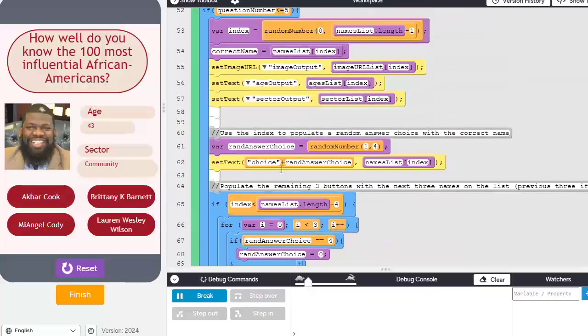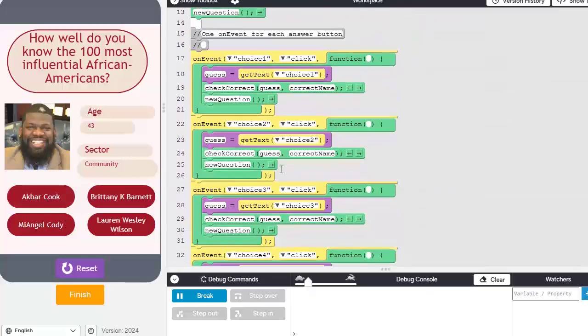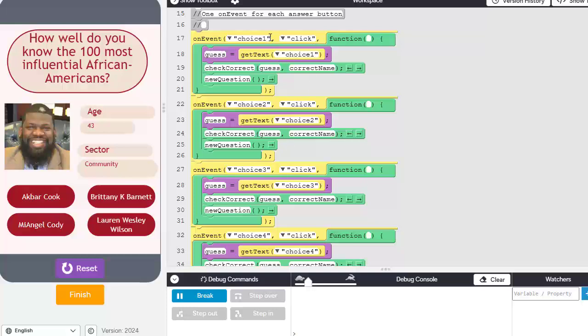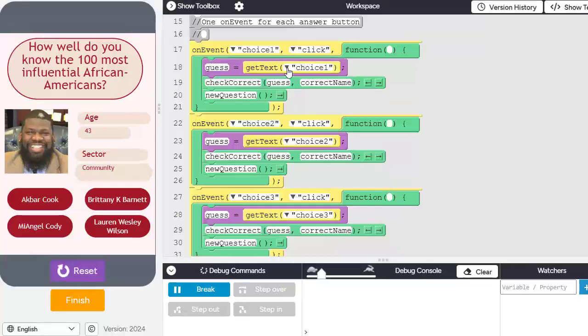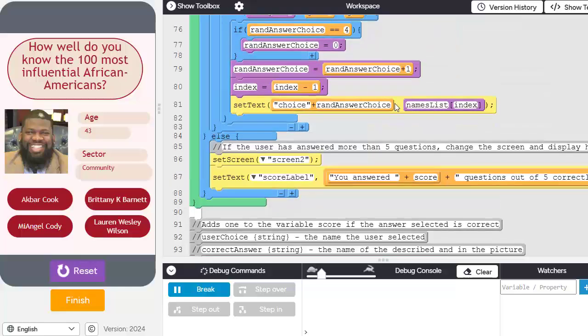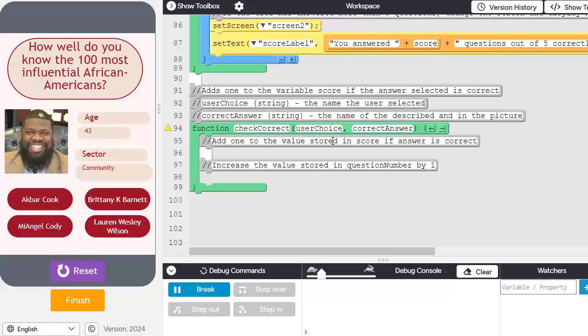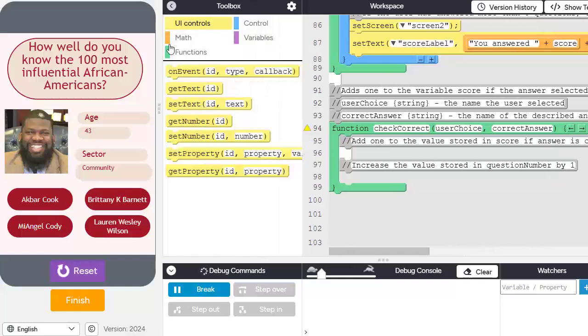So when you click on a button, what happens? When you click on the choice, it gets the choice. That's the guess. We put in the guess. We put in the correct name. We check the correct. Check correct is here. Add 1 to the value stored in score if the answer is correct. So if,